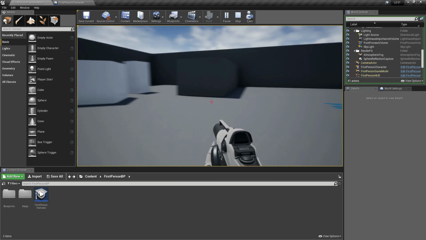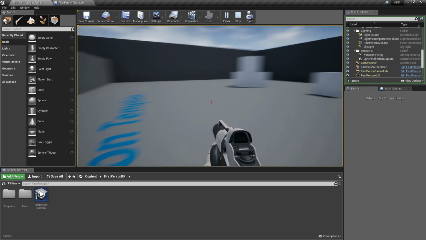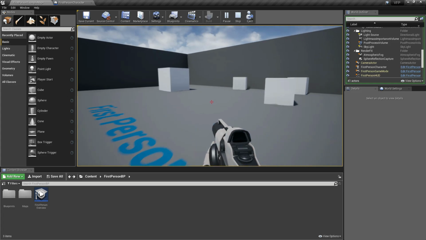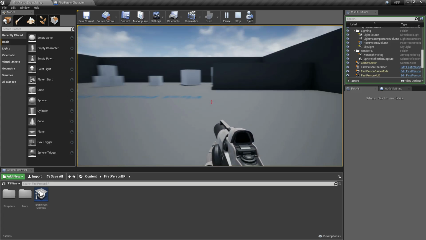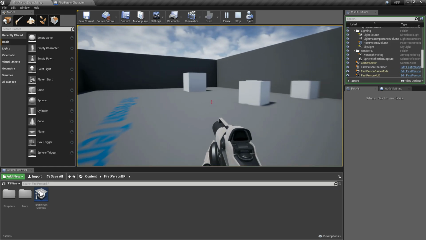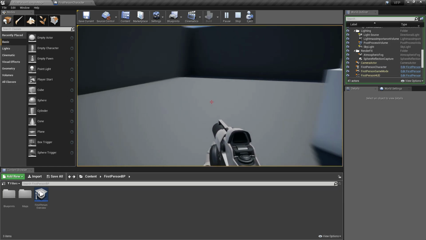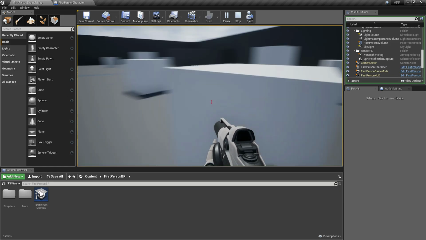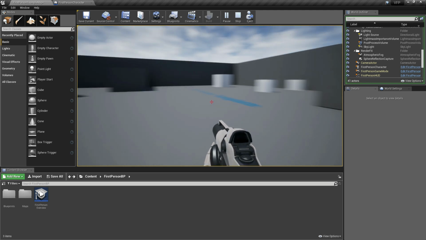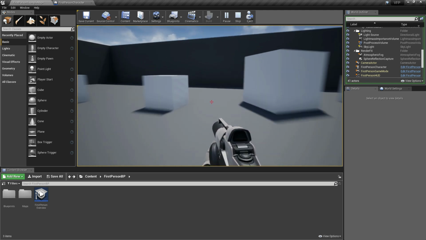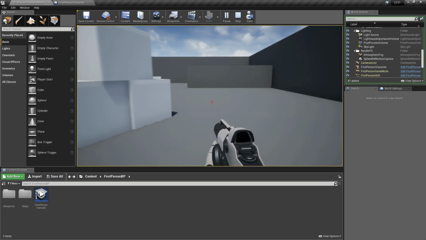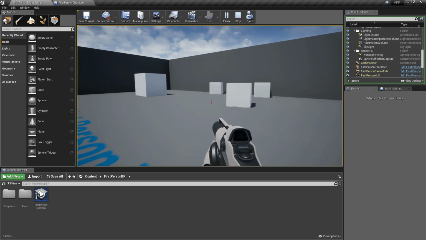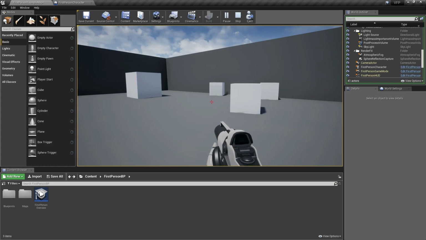So this is the walk speed of our character. Once we hold the shift, as you can see, our first person character is really sprinting, and it is visible because we doubled the 1,200 that we set in our sprint variable earlier. And that's how we create the sprint control of the first person in Unreal Engine 4.